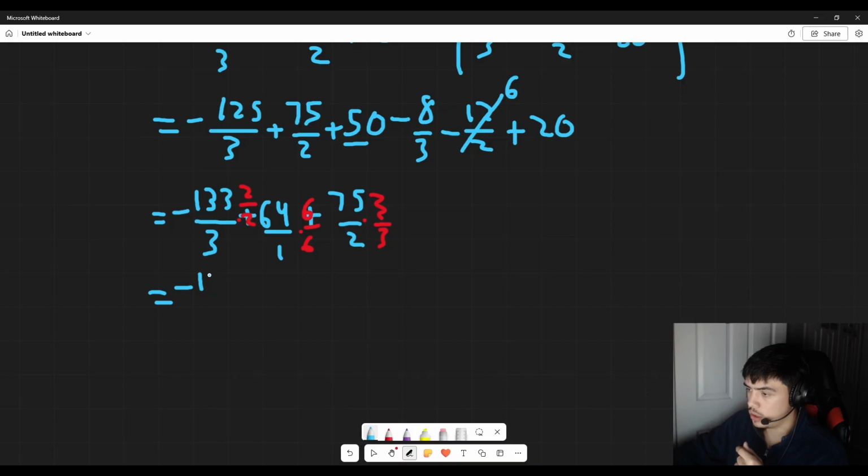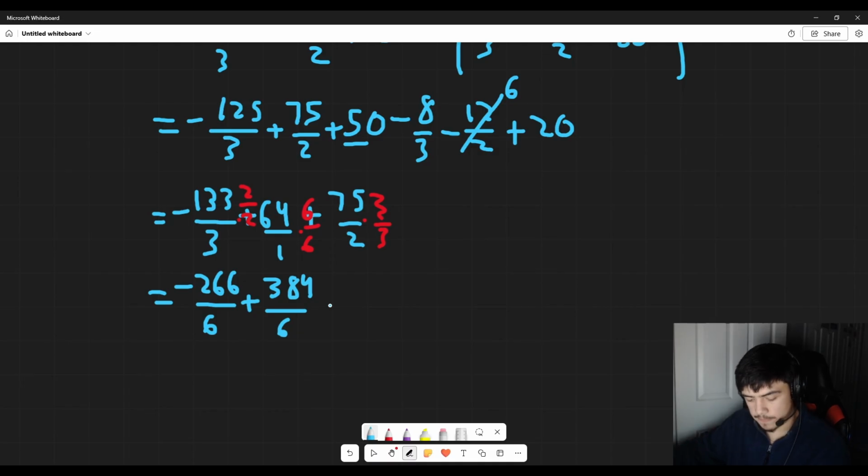negative 266 over 6, and then 64 times 6. Let's go ahead and use a calculator. 64 times 6 is 384. We have plus 384 over 6, and then 75 times 3 is going to be 225. So plus